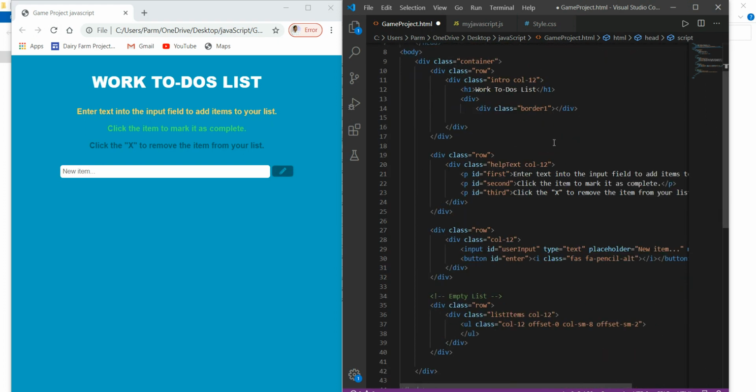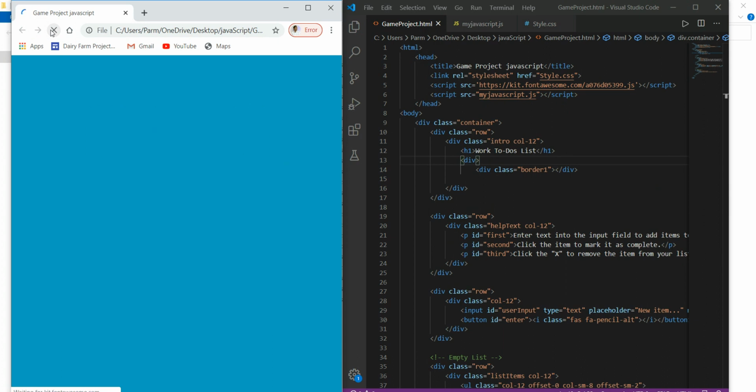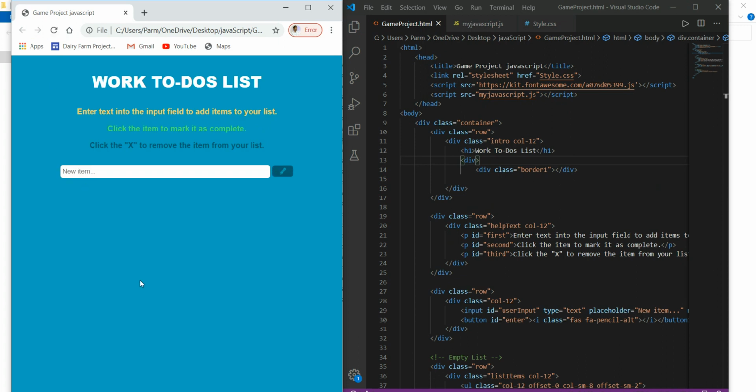So here we have almost finished. We save this HTML file and refresh it. Now we type the list item, say we type grocery. Now we press enter, and nothing happens.